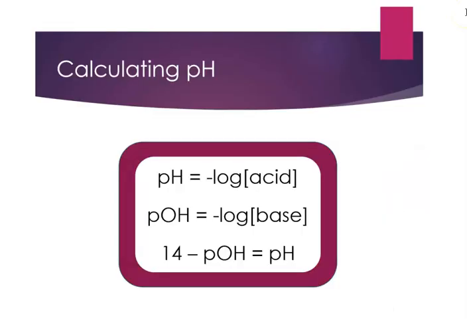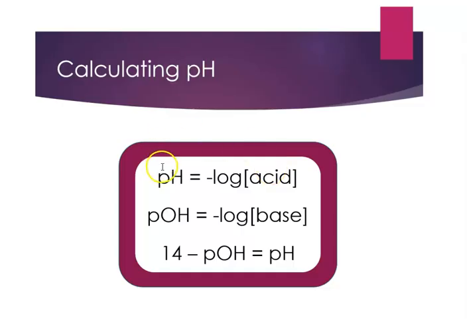So to calculate pH, we're going to use what's called the negative log of the concentration. This P right here just means negative log. You can take the negative log of the concentration of really anything, or the value of anything, but we use it for acids and bases. If we look at acid concentration, acids always start with H, which is why we measure the pH. So if we have an acid, we do the negative log of the concentration of the acid, and that gives